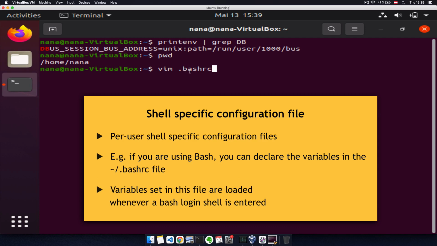In our case, we're using the bash program, that's why it's bashrc. If you're using, for example, Z shell instead, this will be .zshrc. So whatever your shell program name is, it will have this rc file